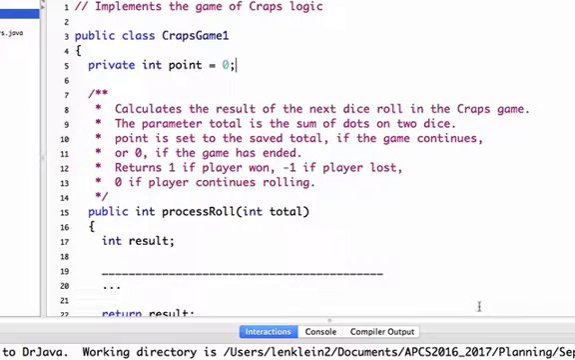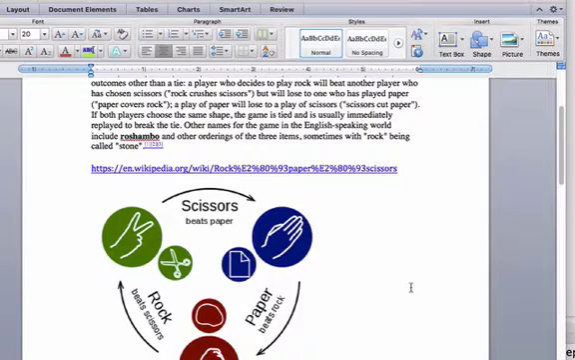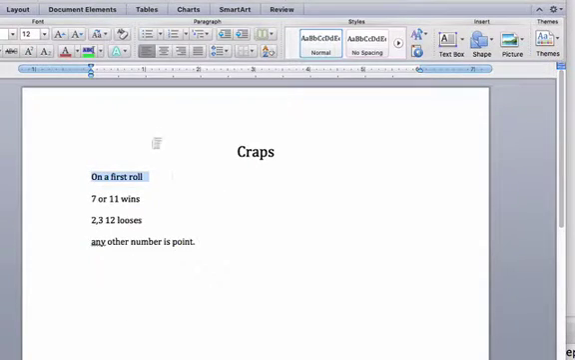So let's first of all make a Word document. So that's for the first roll. And let's underline and bold. All right. So we're going to have some sort of decision on, did you roll a 7 or 11? Did you roll a 2, a 3, or a 12? And then we're going to come down and say,